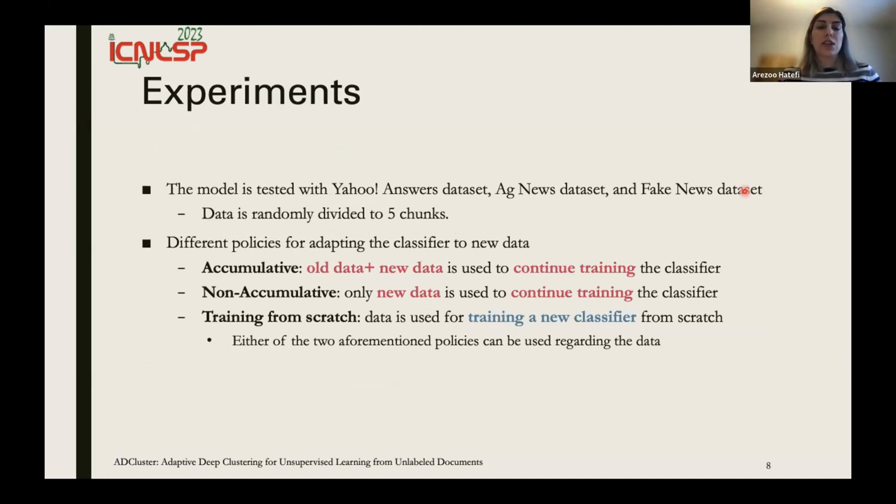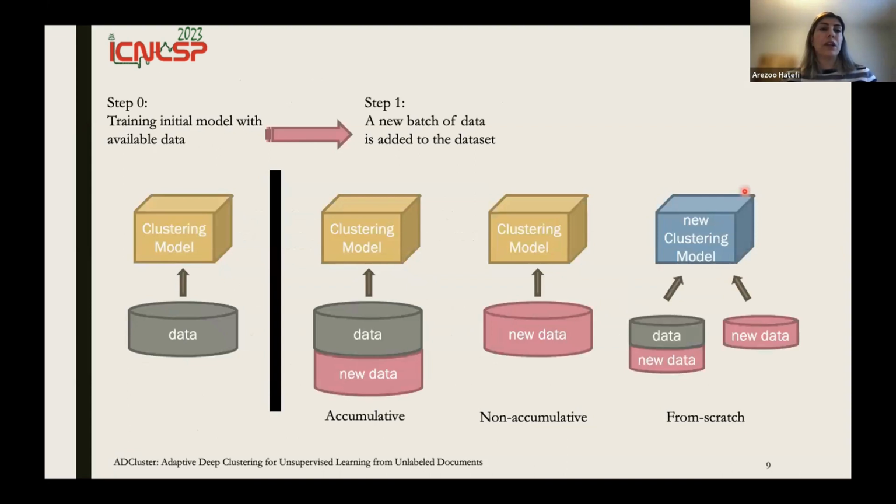We tested 3 policies for adapting the classifier to the new data, which I show here. In the first step, we have initial data and we train the clustering model for that. Then in step 1, we get a new chunk of data. In the accumulative policy, we add new data to the old data we had, and we continue training the clustering model with this data.